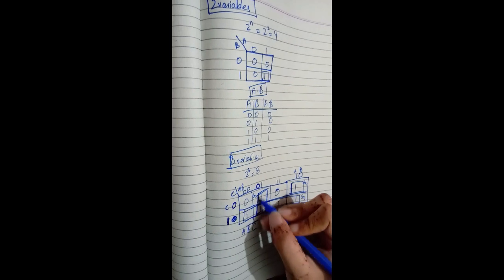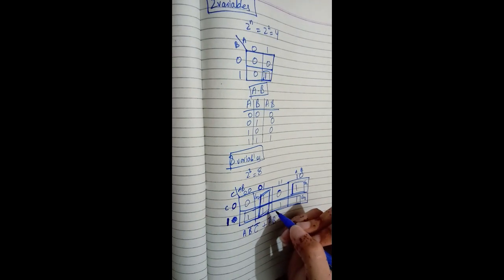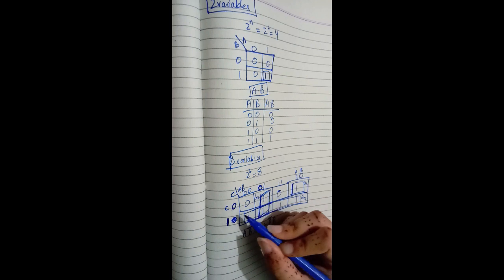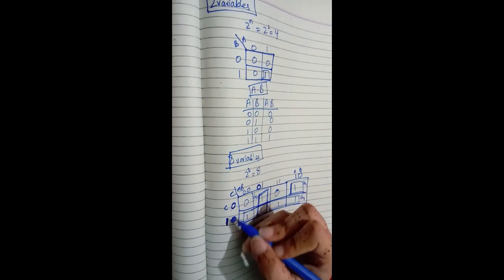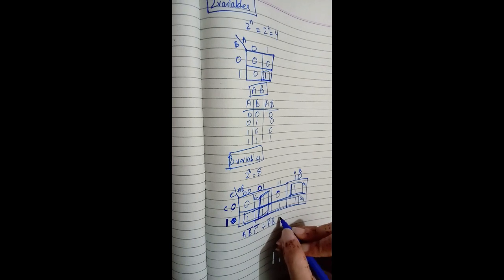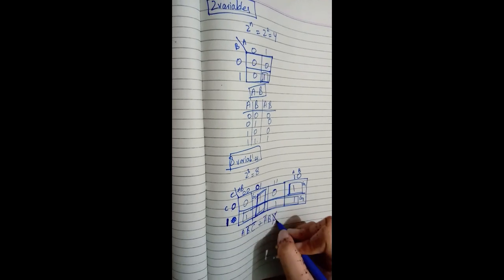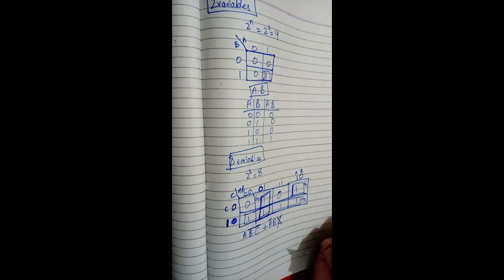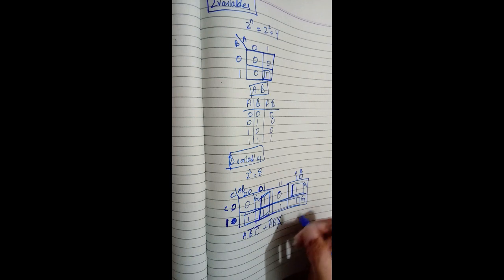Okay, in group 2 we have the two numbers for C. Listen carefully. We have two numbers for C, 0 and 1. The number is changing. Whenever the number is changing, we will not write that. There should be C, but we will not write that. This is A bar B, simple. And in the third group we have